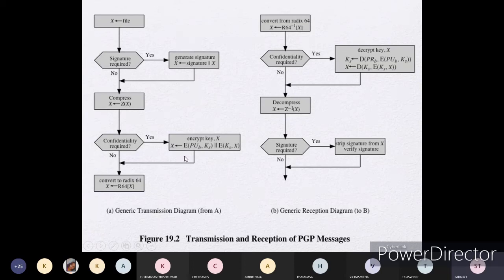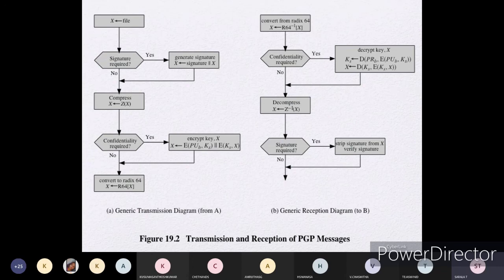Next we have the receiver side, that is the generic reception diagram. Convert from radix 64. Since we transmitted the information in radix-64 form, we reverse it, converting from radix 64 back to binary. Then we have to check whether confidentiality has been implemented or not.